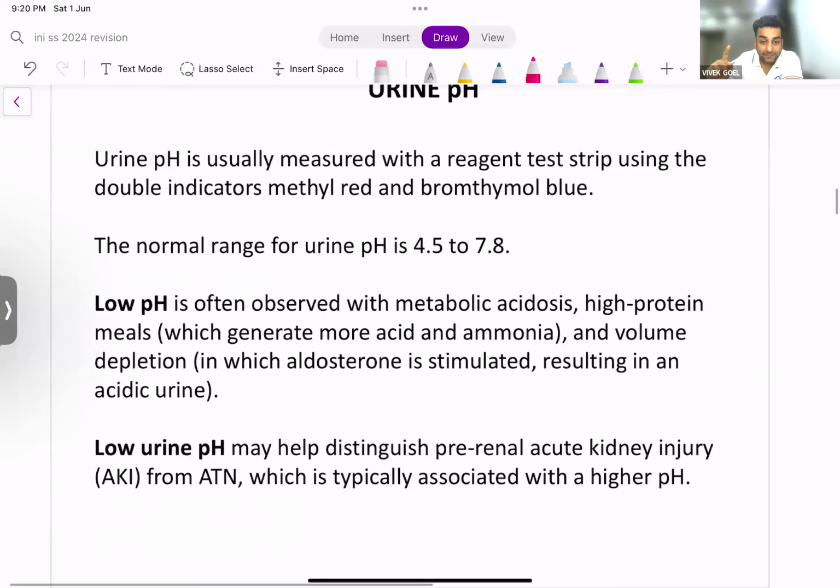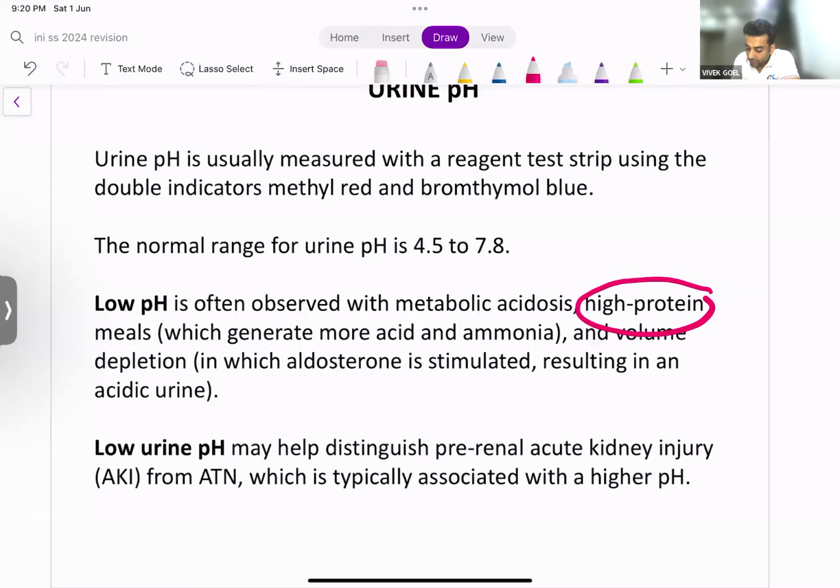Coming to urine pH. Now, urine pH is always given in the routine urine examination, but most of us fail to see that or fail to understand that. Now, please understand, why is urine pH important. Usually, the urine pH ranges from 4.5 to 7.8. Now, when is a low pH seen? Low pH is seen when the patient has metabolic acidosis, when the patient consumes high protein meals,